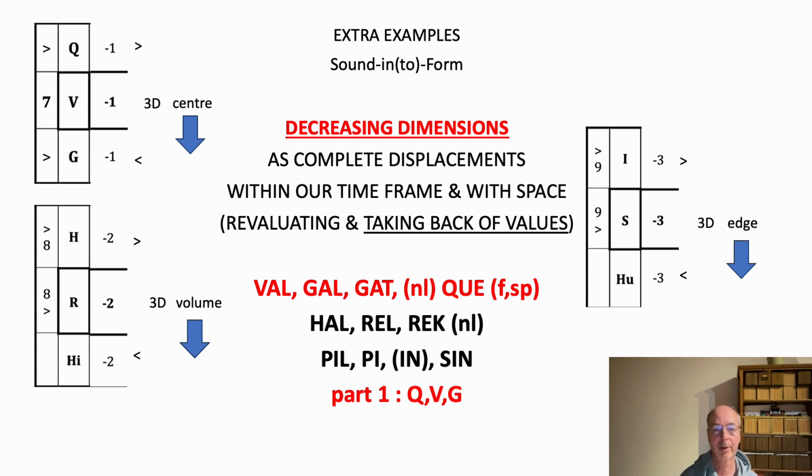So the volumes can be grasped in that way. In the first 3 letters, the Q, V, and G, you would take 1 step back, and the focus is from a certain center point of vision. You will take 1 step back, and you will make the things more practical. I will have some examples: VAL, GAL, GAT, and K. These are 3 Dutch words and 1 French and Spanish word. That will be the example for the letters of this. I will translate them if I immediately know the English words.